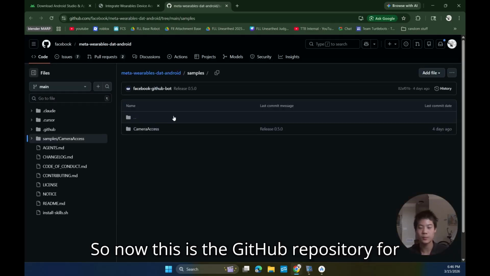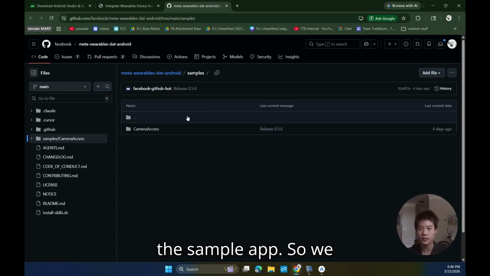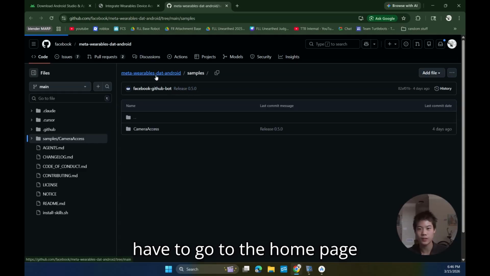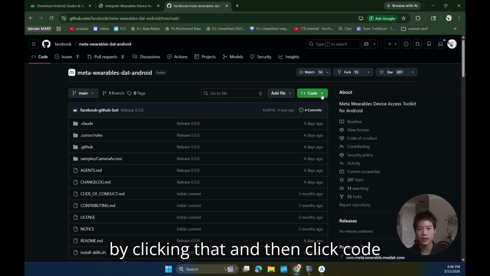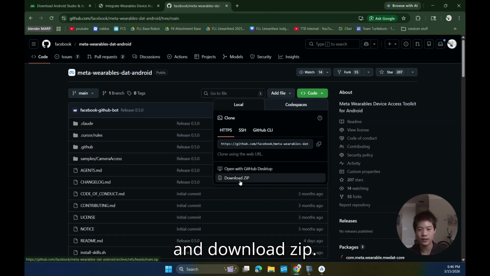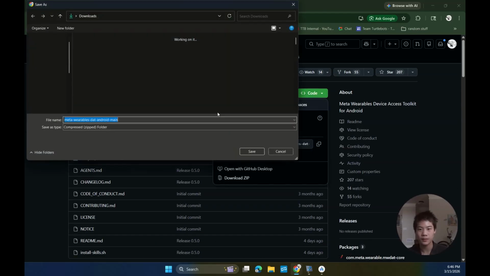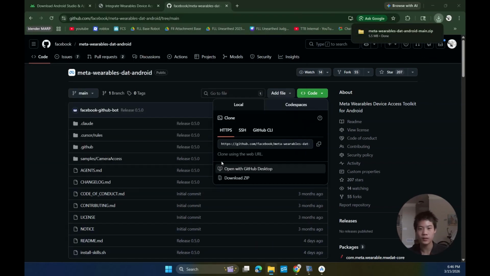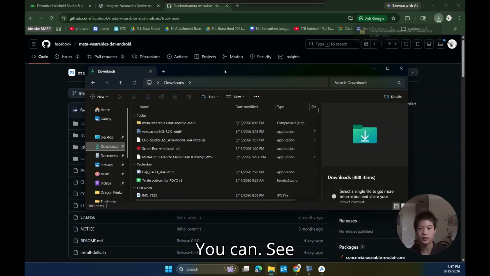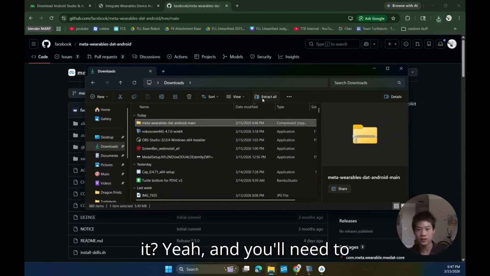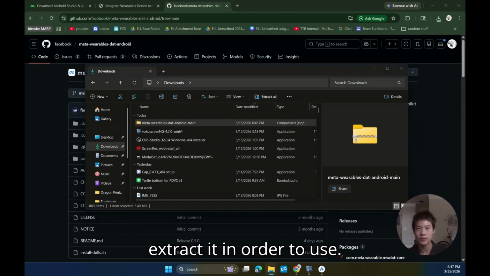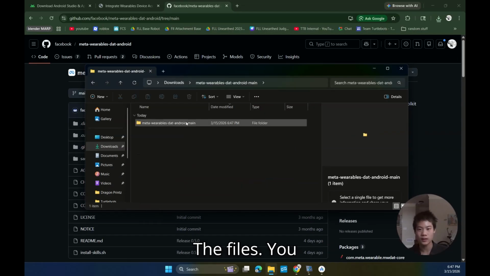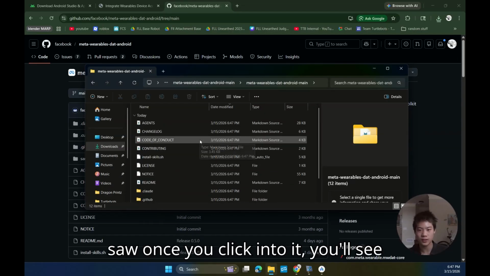So now this is the GitHub repository for the sample app. So we need to download this, and we just have to go to the home page by clicking that and then click code and download zip. So it will download as a zip folder, and you can see it here, and you'll need to extract it in order to use the files. And so once you click into it, you'll see there's a lot of